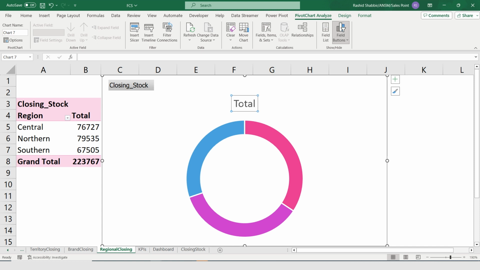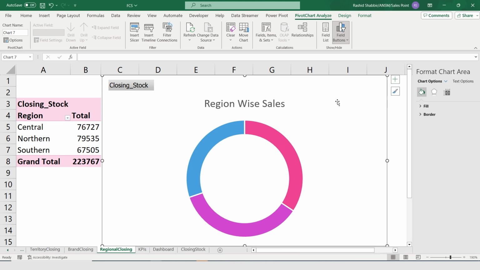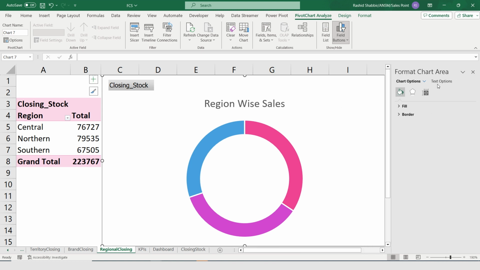This is my region wise sales. Now, if I double click on this chart, this dialog box will pop up, and now I'm selecting this one. Basically, I have three regions: 1, 2, 3. So I'm selecting this one. I selected only this section,